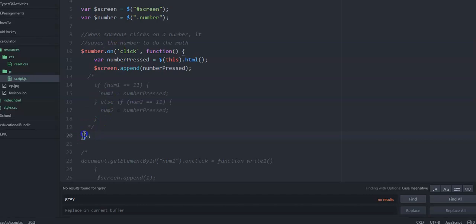Okay, so these on click things like this, these functions with the jQuery, they close with a curly bracket, a parentheses, and then you can put your semicolon. Okay, so this is how you do it. So when you click on something with a class number, we want you to do this, and inside the curly brackets is what we want it to do. Now, how does it know what